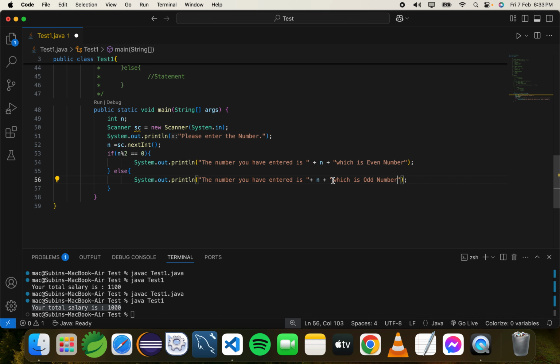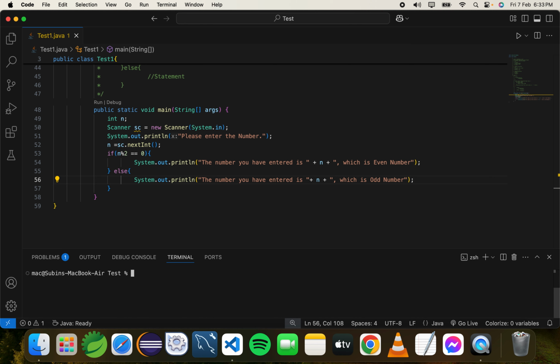Maybe I should write a comma and then space. Okay, let's save it and let me clear this one, and then we're gonna run the compiler,